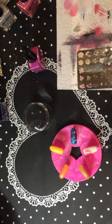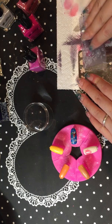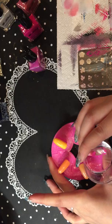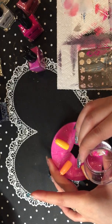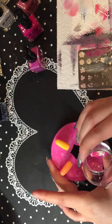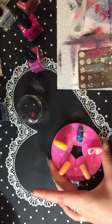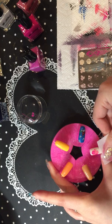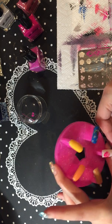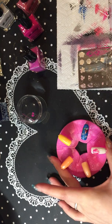Second one is going to be my hot pink. So these ones don't need to be filled all the way, and you can scrape a little harder to get a cleaner scrape, to get a cleaner image. There it is. I'm going to line it up with the big one. So how does this work? I believe it goes like this. Still looks a little wonky. Won't this come off? Why won't you come off? Okay, so then